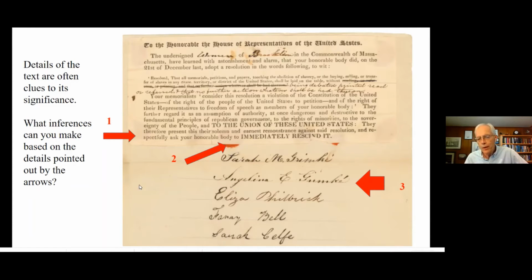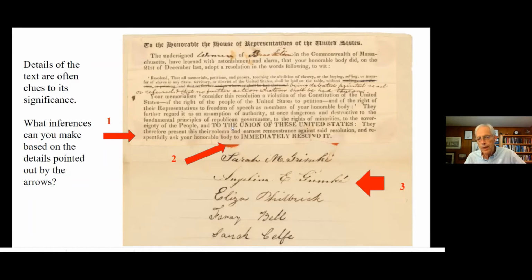So, one of the things with petitions, you think, well, this is the authentic voice of the American people because they took the time to write out a document and send it in. Well, is it less authentic if they cut and paste? If they found this in a magazine, filled in the blank with their location, and then pasted it to a sheet of paper? Does that make it less authentic? Or is that just a realistic convention that would allow them to participate in a larger movement? And so this one clearly was cut and pasted.